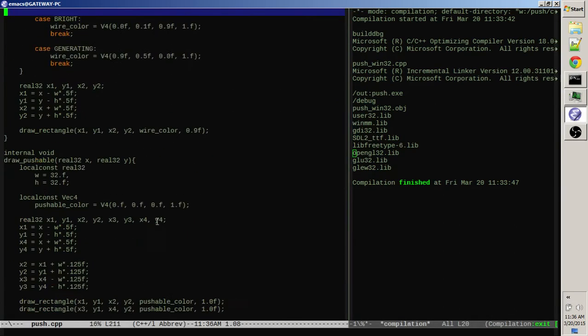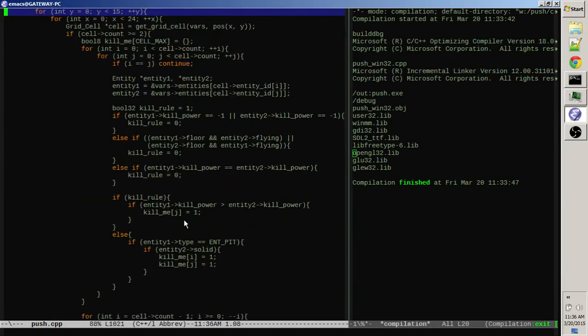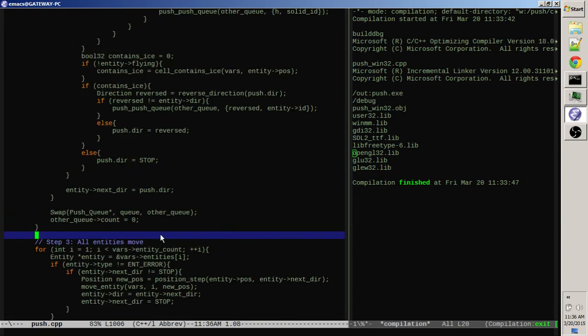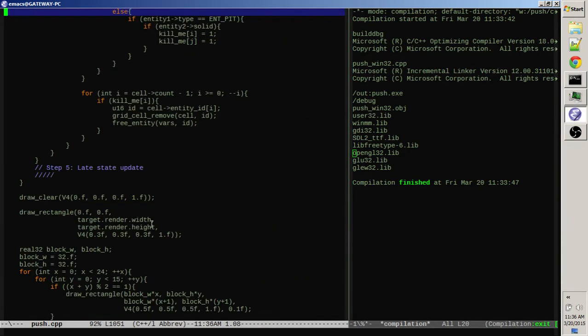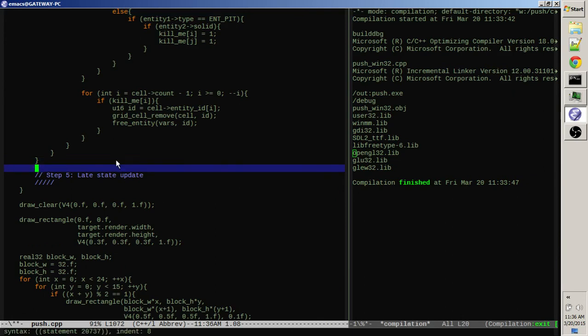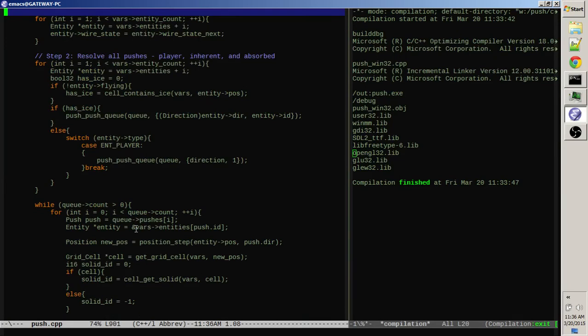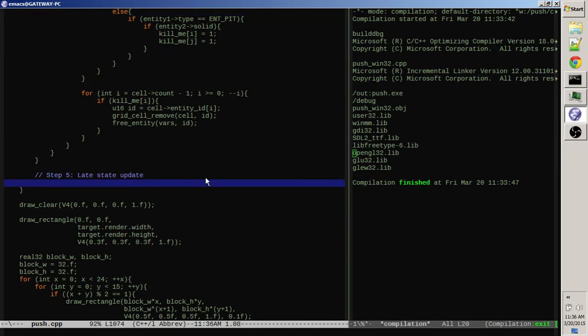All that really entails is, after all movement has been done, after all collisions have been resolved, then you have a late state update. This is where we look at things that need to update because they're adjacent to wires. So that early state update up here, this is where the electricity stuff actually is being done. Now we're going to do the same thing for late state update down here. And the idea is simply